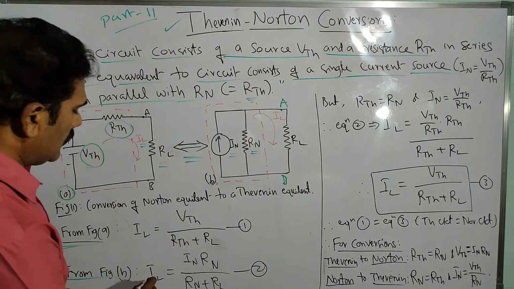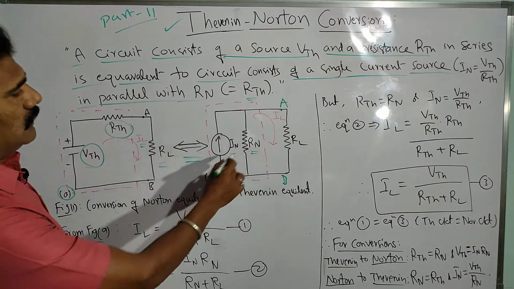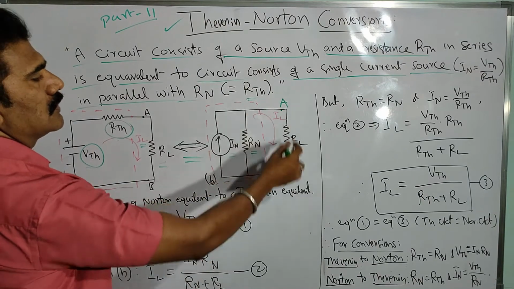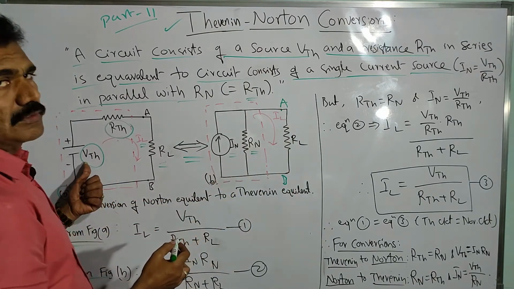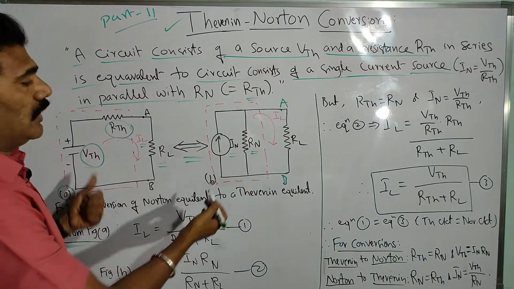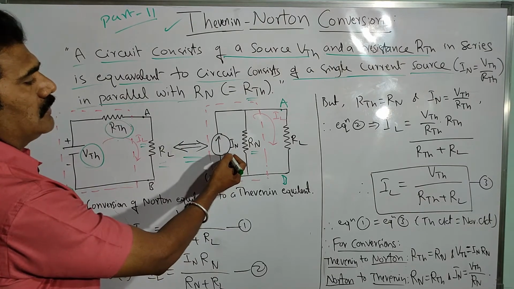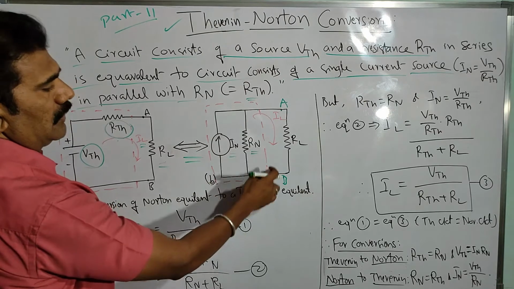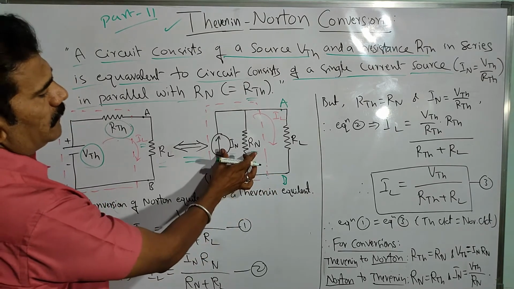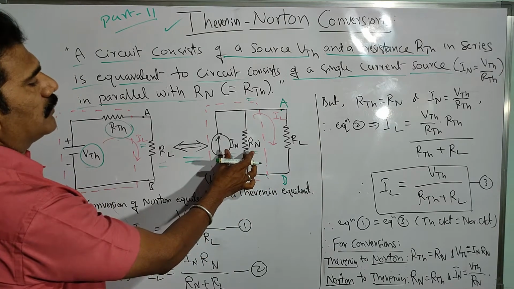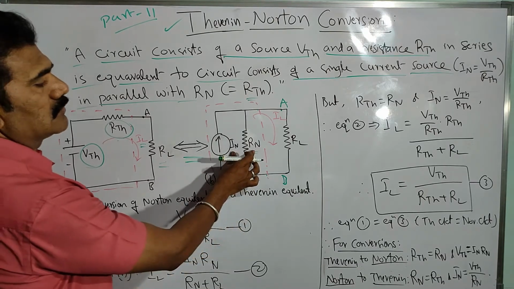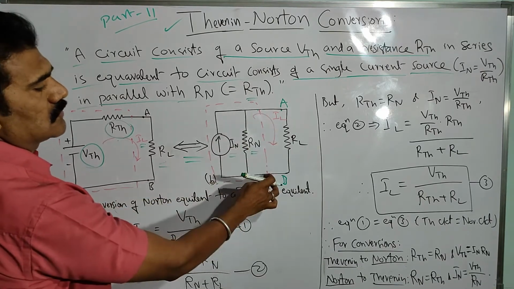Okay, so IL is equal to... Normally in the case of Norton's equivalent circuit, we don't have a voltage source to see the voltage directly. So we have a current source, in which the voltage is obtained across the terminal, across the RN. That is given by the product of these two. According to Ohm's law, the product of current and resistance is called voltage.